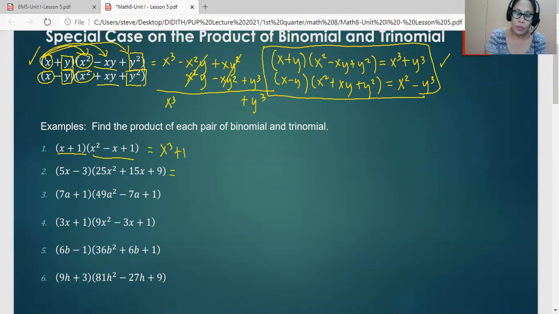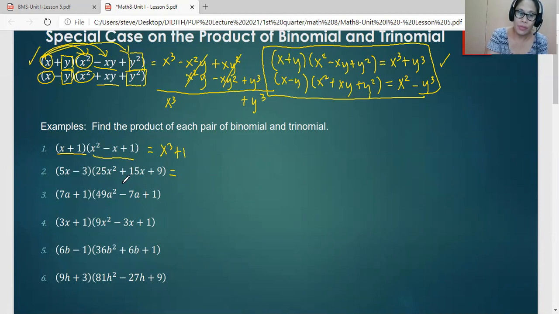Let's work on number 2. The square of the first term of this binomial factor is the first term of this trinomial factor, while the square of the second term of this binomial factor is the third term of this trinomial factor. And the middle term here is the product of the first term and the second term times negative 1. So we can make use of